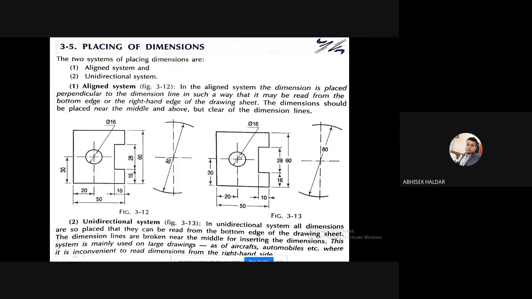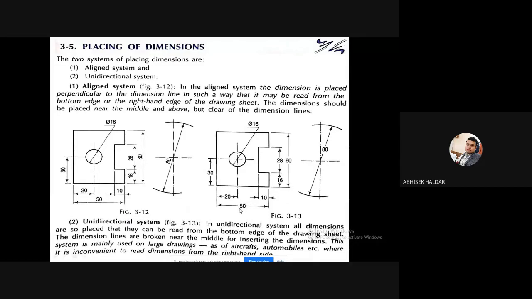For unidirectional system, what is there? It is again all from your right. Again, you don't have to think all these things. In unidirectional, you have to make a gap at the middle of the dimension line. There you have to write the value, but this gap should be at the middle. That is the big deal. That's why I am telling you to follow this one, because middle position you can find out. But if this part of the arrow is getting small, and the right part of the arrow is getting large, then it is wrong basically. So that's why it's very difficult to follow this. If you can, you can follow, that is up to you.